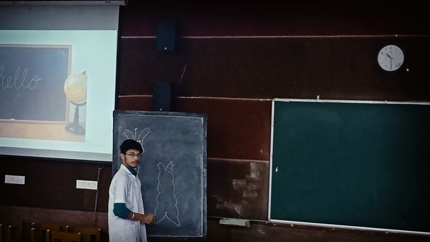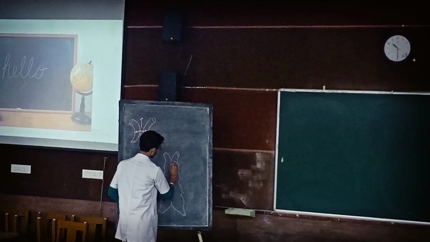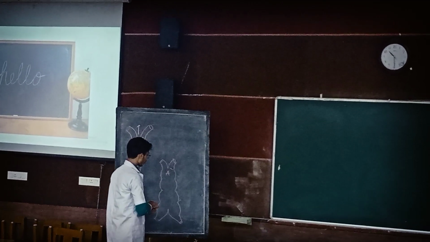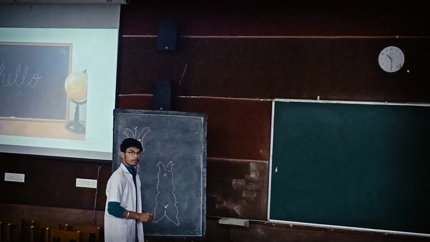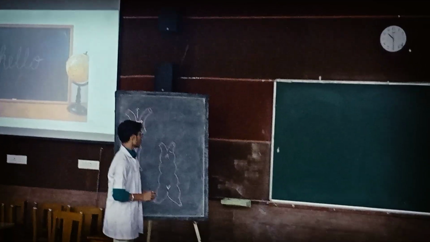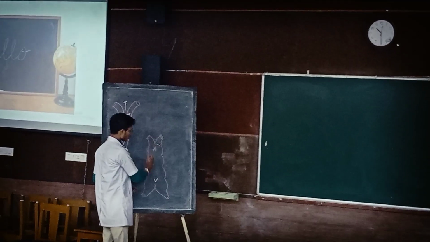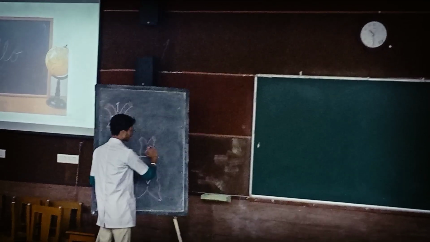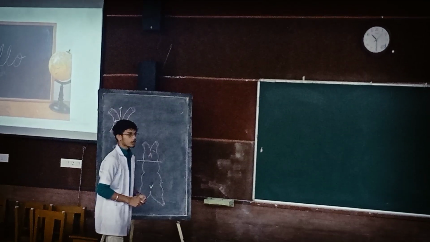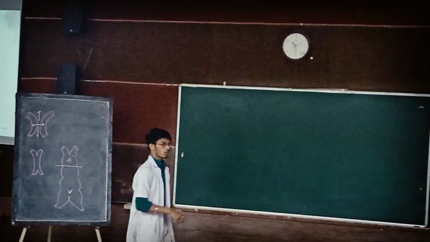The upper side of the heart tube is the arterial end, and the lower side of the heart tube is the venous end. As my topic is confined only to the arch of aorta, I will not be focusing on all these parts. Rather, I will be focusing on this part only, which is the truncus arteriosus. Now let's take a look at the folded embryo.